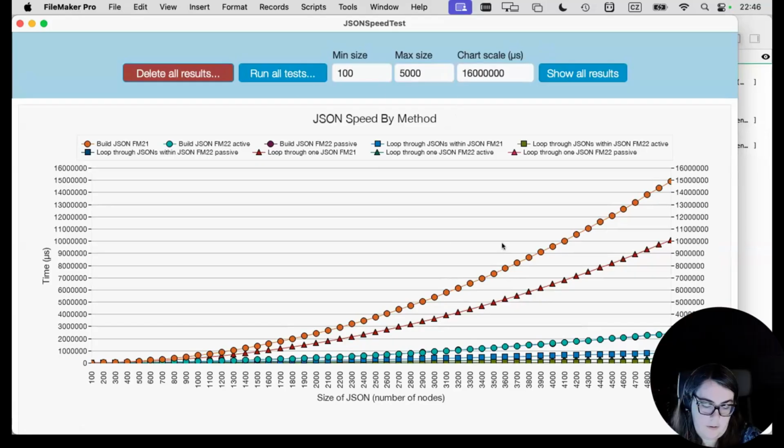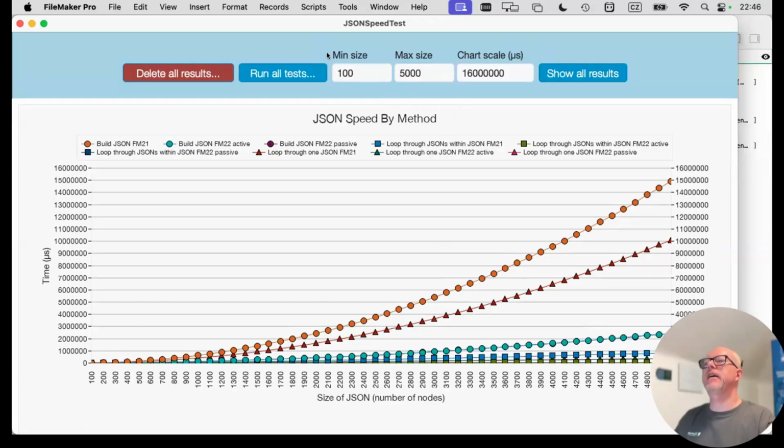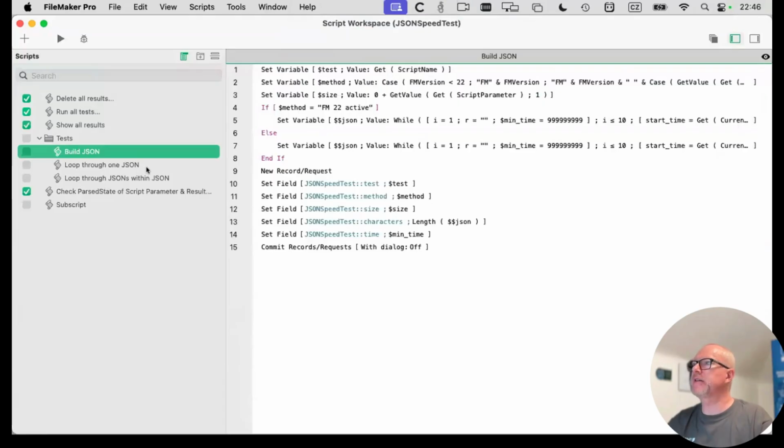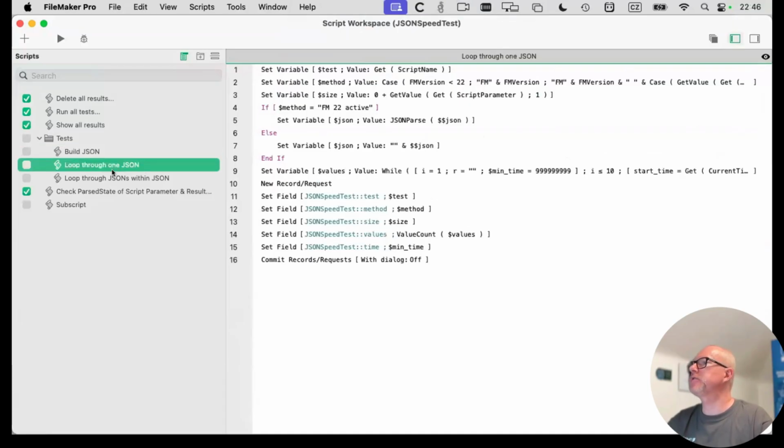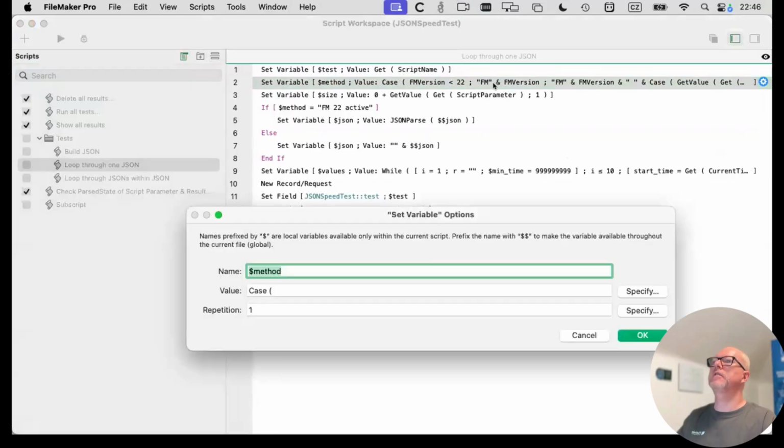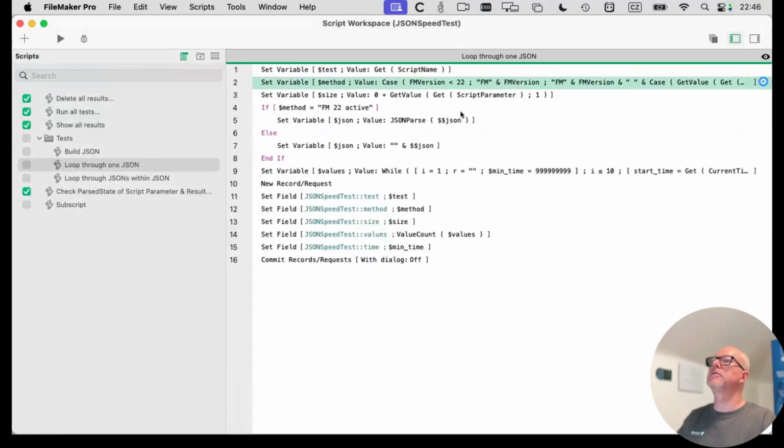Yes. And another thing that's also interesting, as Clay talked about passive and active speed improvement. What's new in FileMaker 22 is a new function, especially for working with JSON. It's called JSON parse. So when I loop through here,